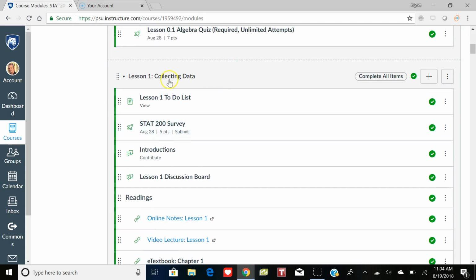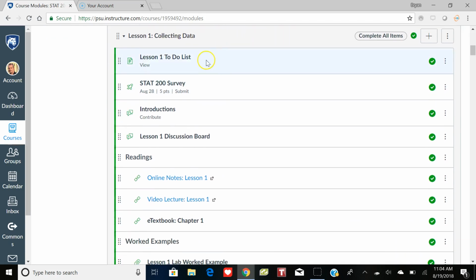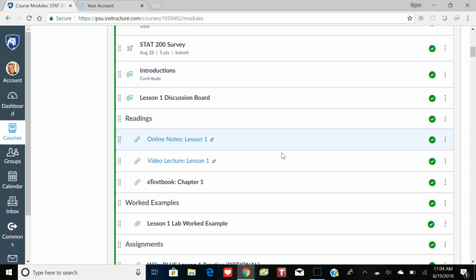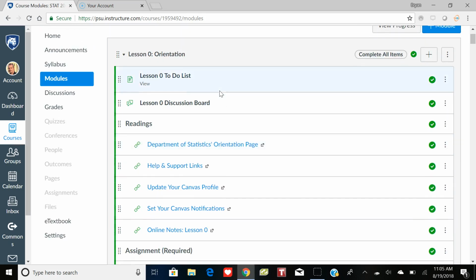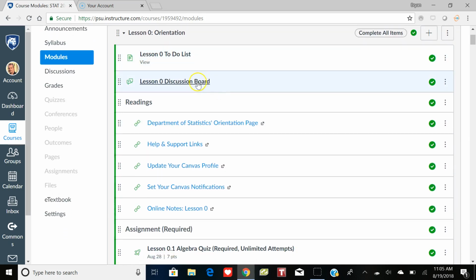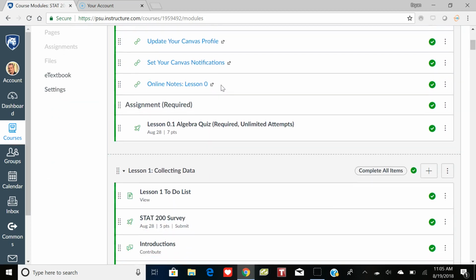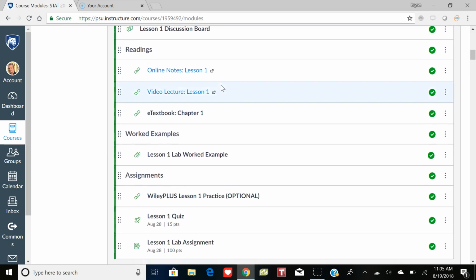Then Lesson 1 would be for week 1. Again, having a to-do list, if you follow right down through there, you'll be in great shape. Now, some features each week, just about every week: we have a discussion board. You definitely want to ask questions via the discussion board. Other students can chime in, I can answer, we all get feedback, so that's definitely something I encourage. We also have an introductory discussion board to start, so you want to make sure you introduce yourself to the course so there's some sense of community.